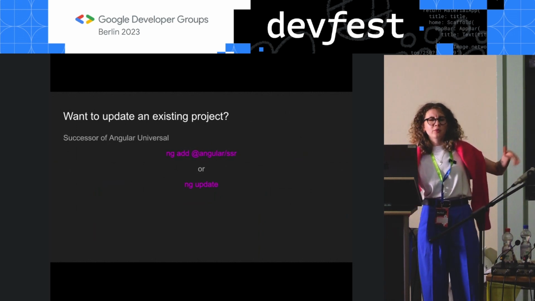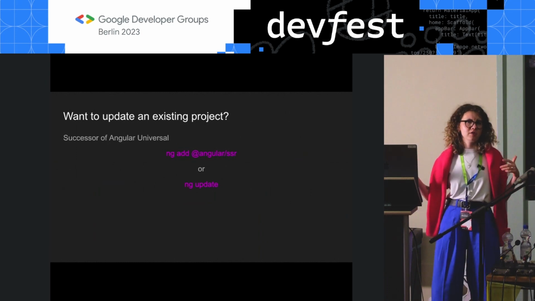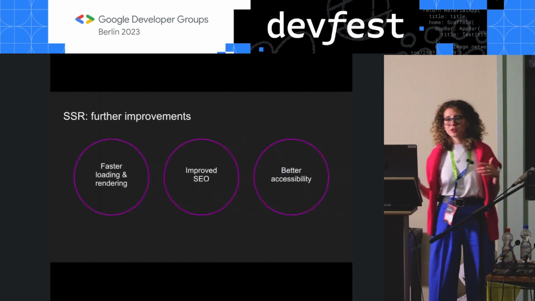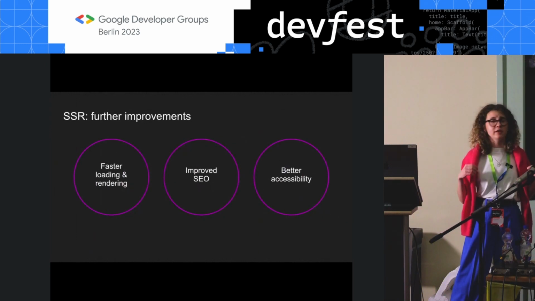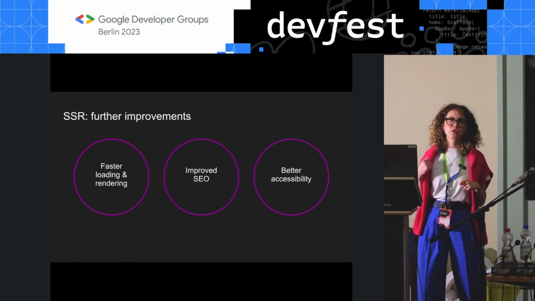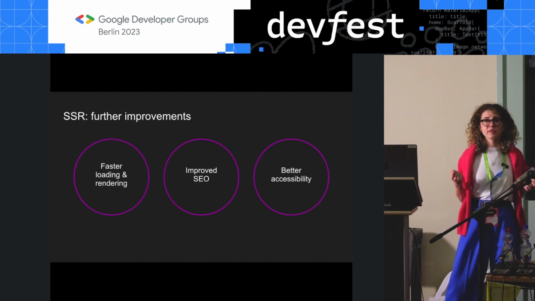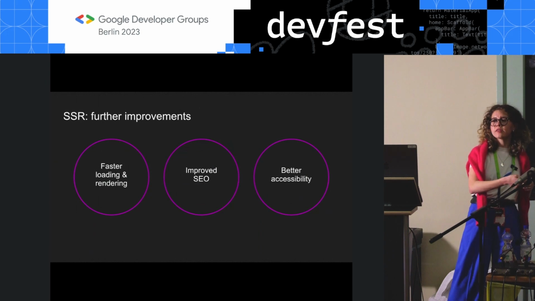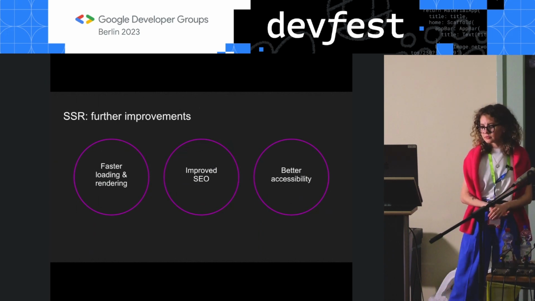Now, you may think, what are the benefits of these processes? I mean, so many fancy abbreviations, SSR, SSG. Well, first and foremost, faster loading and rendering because your initial bundle size decreases. Also improved search engine optimization because you make it easier for the search engine to index your app. And better accessibility by helping those using older devices or devices with low bandwidth connection.